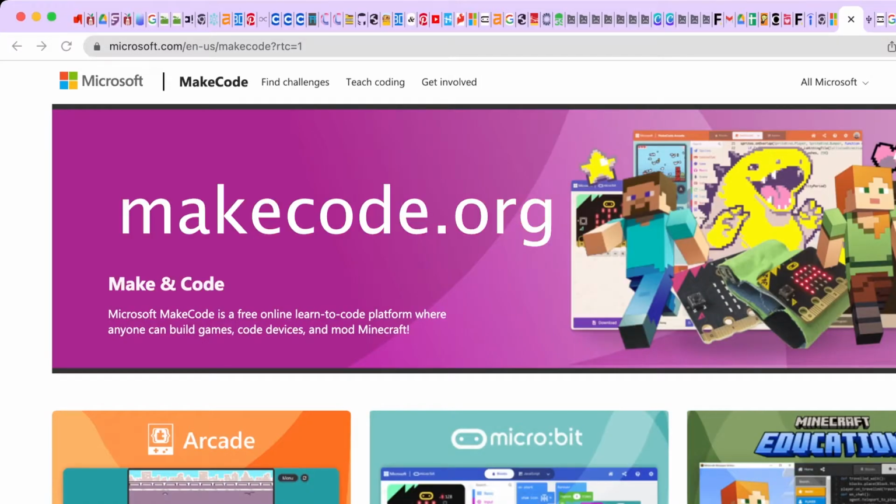So yeah, we'll do this on both the V1 and the V2 Microbit, so it doesn't matter which version you have. One will play music and one won't. Let's get started. So as always, you're going to start on makecode.org and you're going to click on the middle